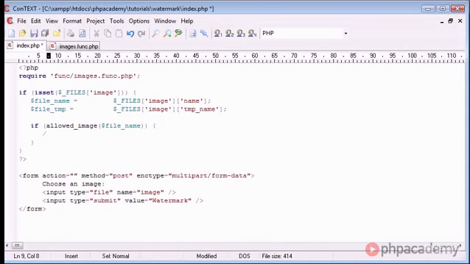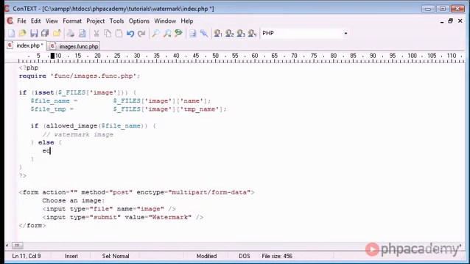So let's just put a comment in here for now, watermark image. And then what we want to do is echo out the image location, as you saw in the example a moment ago. Otherwise, I'm just going to say, let's just echo,